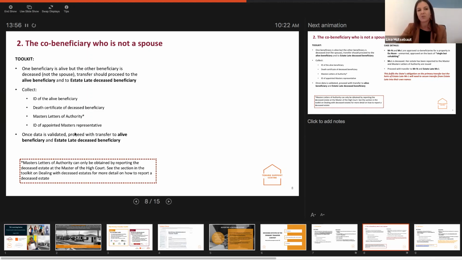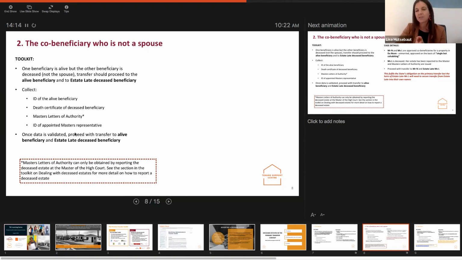It cannot be the state's responsibility to weed through this family and find out who the heirs are and who's actually entitled to inherit. So our proposal is, in order to fulfill your obligation to do the primary transfer, just transfer it to the